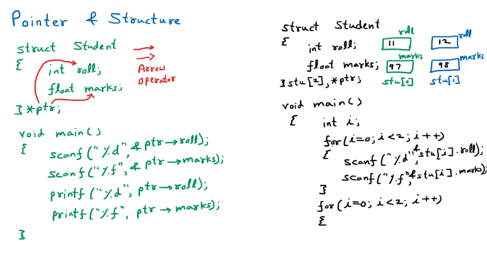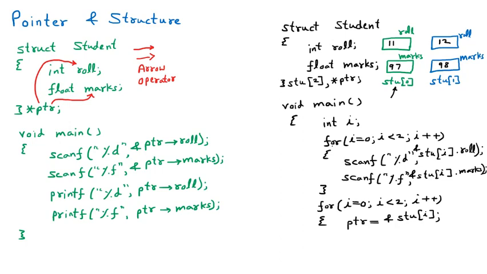Now I'm saying ptr is equal to, means pointer is equal to, stu[I]. Just imagine stu[I], the value of I is right now 0, so the address of student 0, which means the pointer is now pointing here,